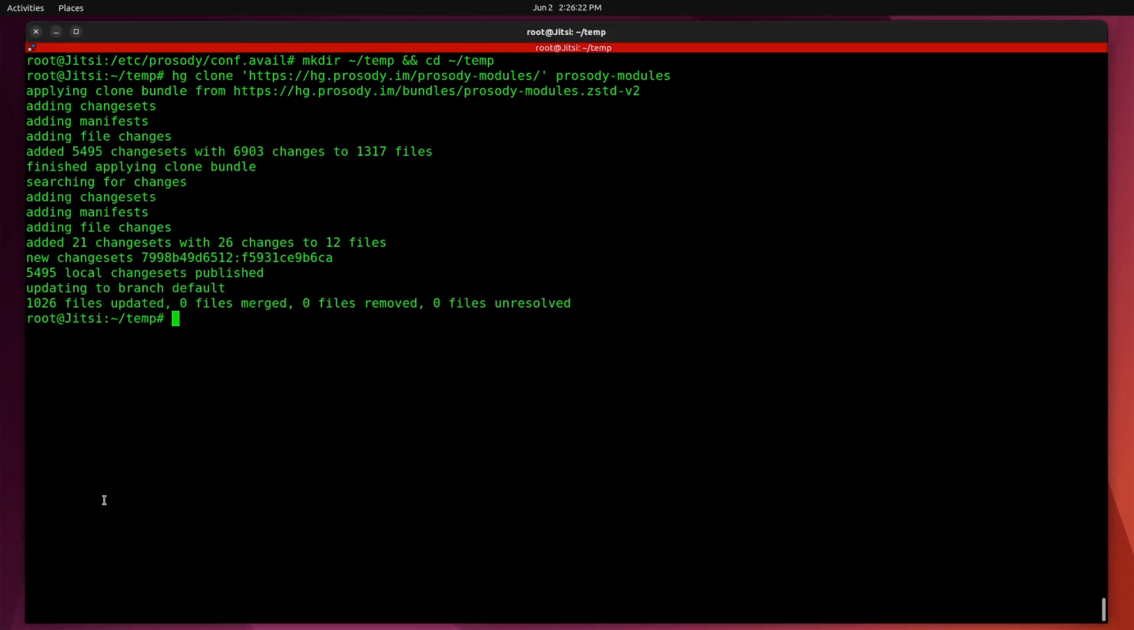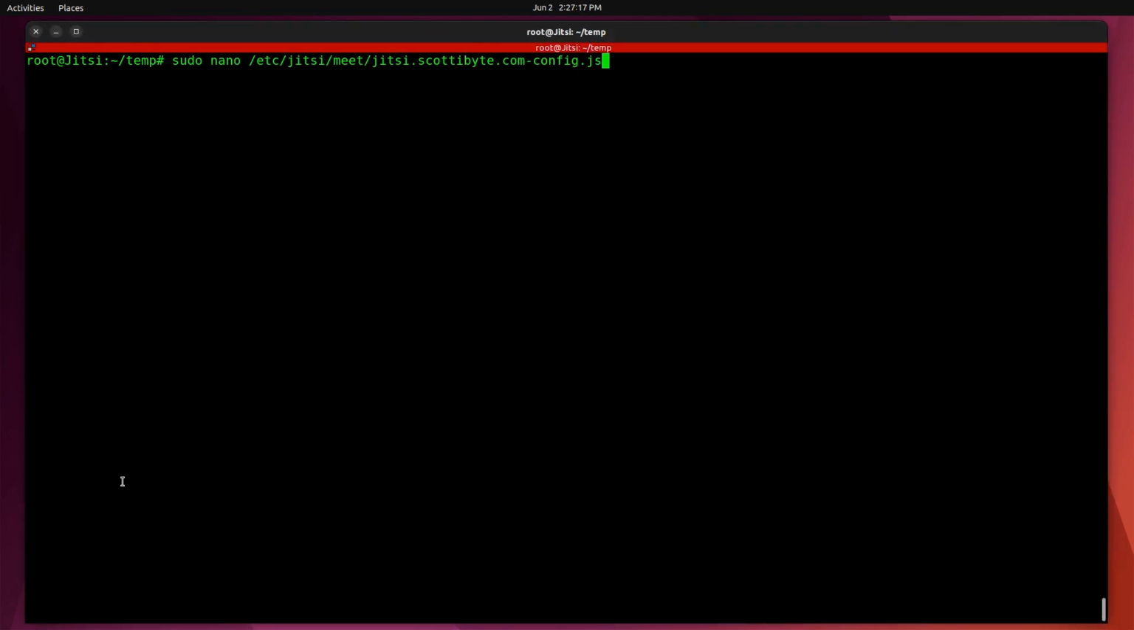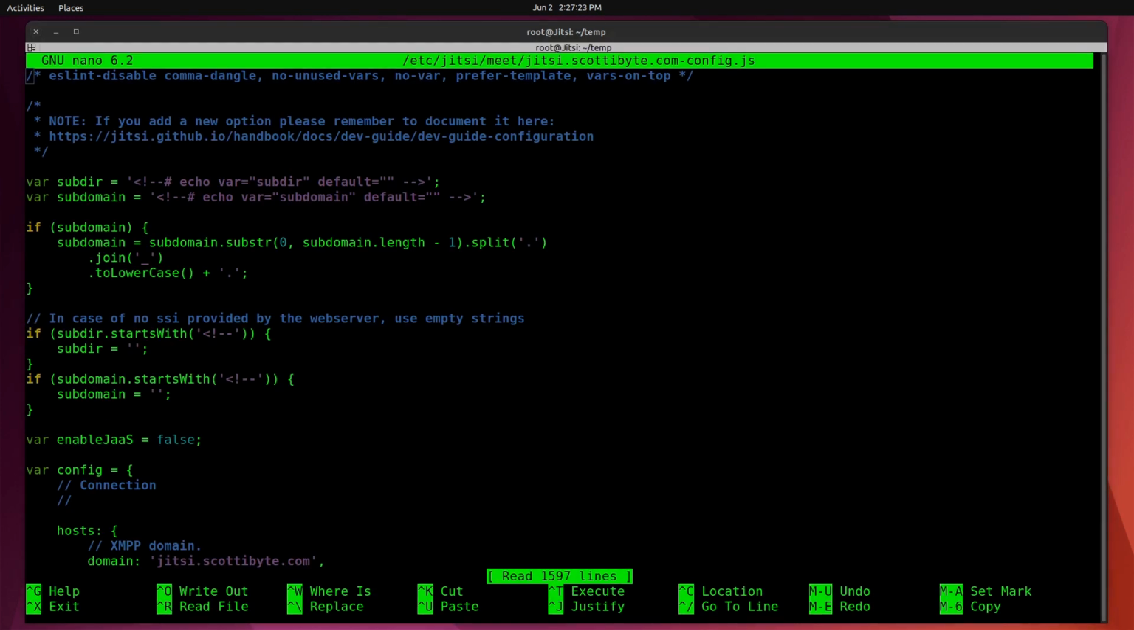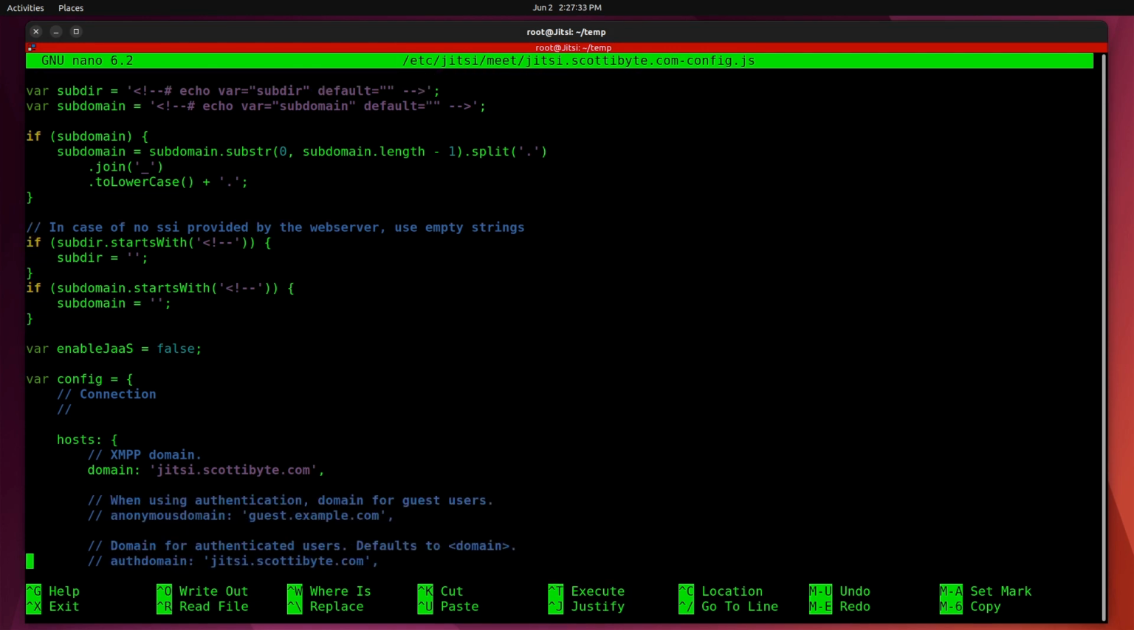Now we copy the Proxy modules where they're needed, and we're going to create a Jitsi anonymous domain by editing this file and looking for the section for the anonymous domain. If I can find it. There it is, the config section. And down here it says domain is